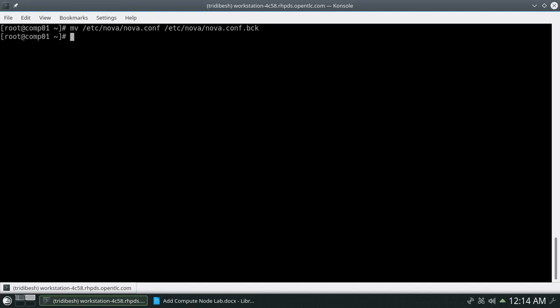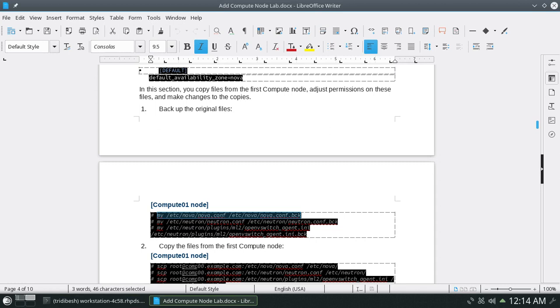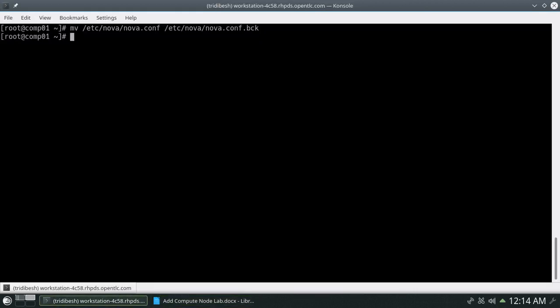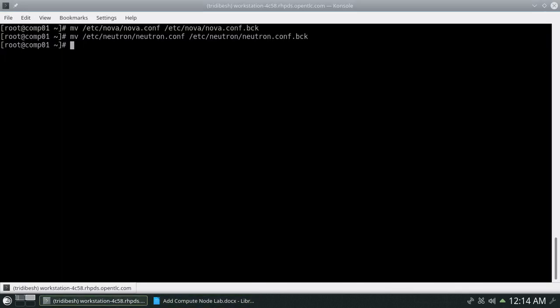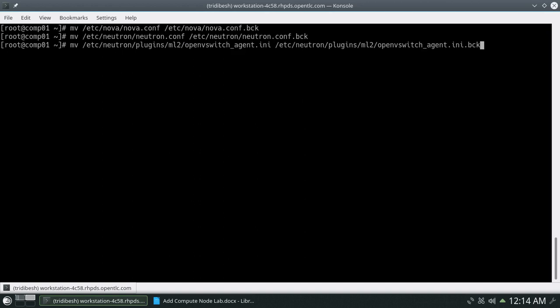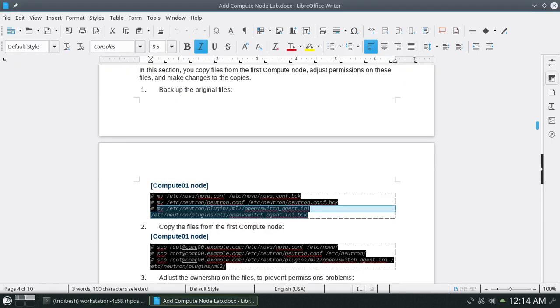The Nova configuration file is /etc/nova/nova.conf. We are taking a backup of that, and then we are taking a backup of the Neutron configuration file, /etc/neutron/neutron.conf, which we are also replacing, and then a backup of the Open vSwitch agent file. So all these three files we have taken backup.